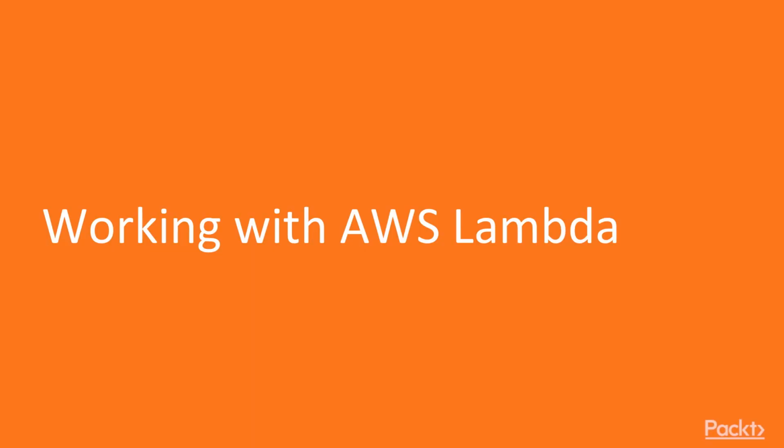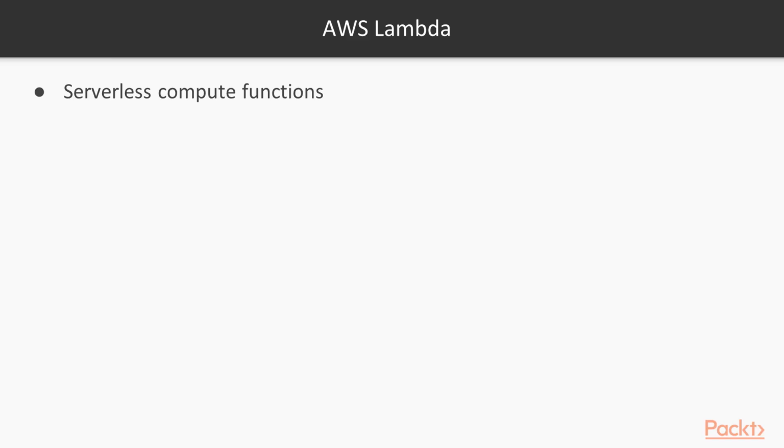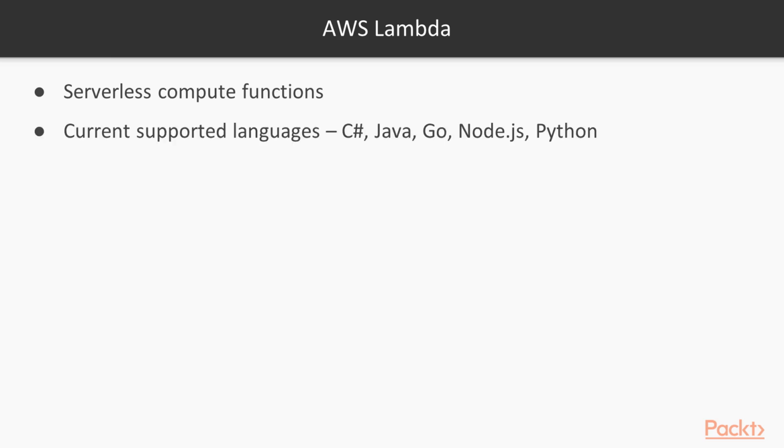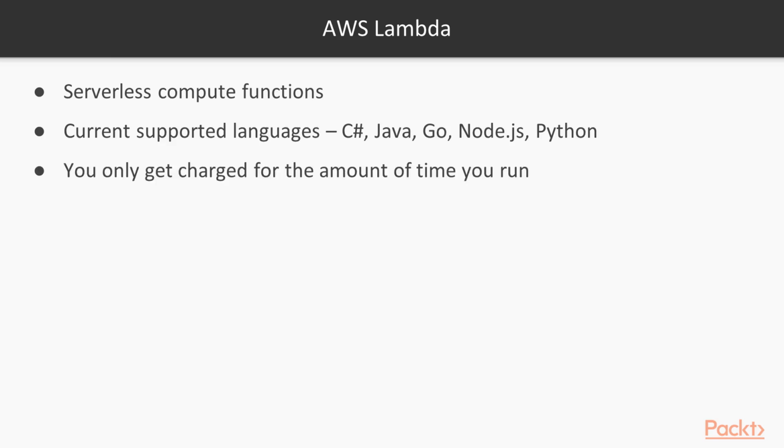Hi and welcome back. Now in this video, we are going to look at the AWS Lambda service and how it can be used. The AWS Lambda service is a serverless compute option that's available from AWS. Currently the supported languages are C#, Java, Go, Node.js and Python. The best thing about AWS Lambda is that you only get charged for the amount of time that your Lambda